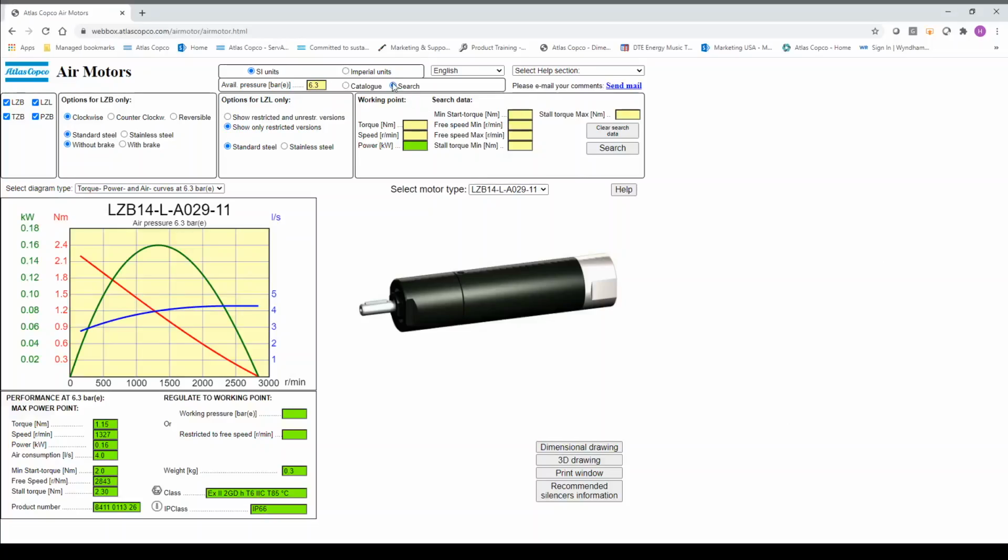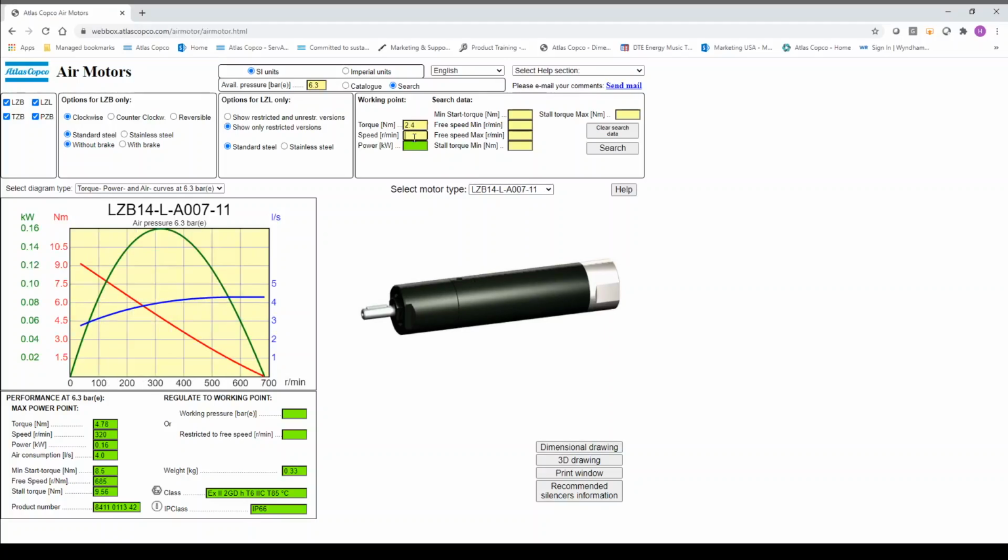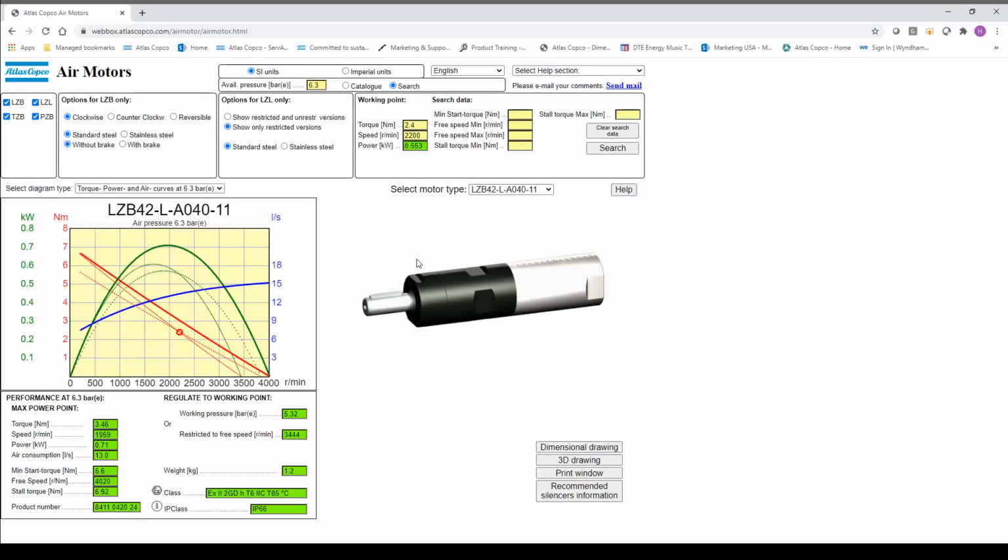Okay, we are in the online tool now. So again, the torque that the customer gave us is something from 1.7 to 2.9 Newton meter. So let's pick a middle point here, 2.4, and the speed range from 1900 to 2500, so we can consider 2200 here. So the first motor that the selection tool specified was the LZB, but